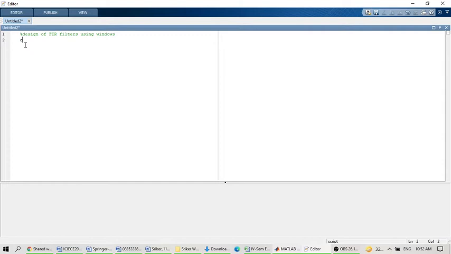The first three commands normally are going to give what? CLC command, which is used to clear the command window, and the next command is clear all command, which is used to clear the variables from the workspace, and the next command is close all command, which is used to close the figures if they are opened. These are the three common commands.